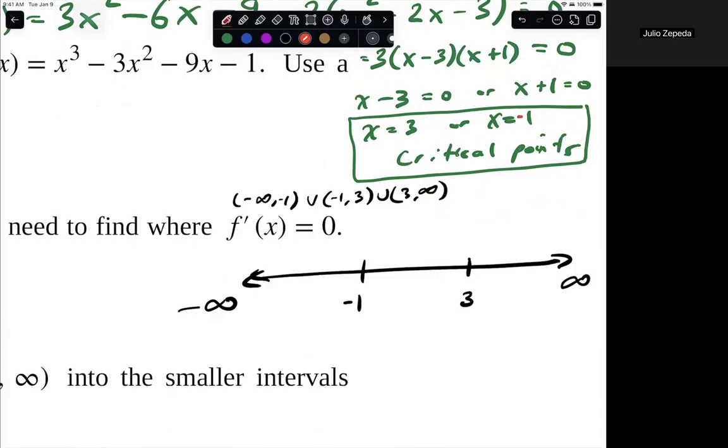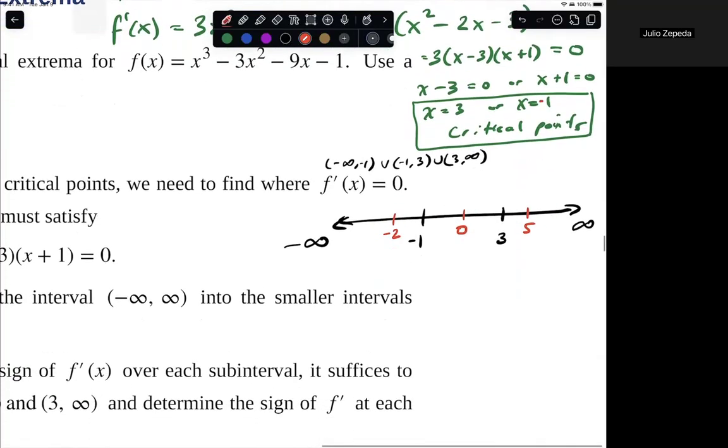And so what we need to do is use test points in each of these subintervals. And I'm going to choose fairly simple numbers. For the first one, let's choose, just for the sake of choosing a random value, negative 2. For this one here, actually, we'll stick to an easy number, 0. And then here, 4 would be a nice number. I'll choose 5 just to choose something different. Okay, so